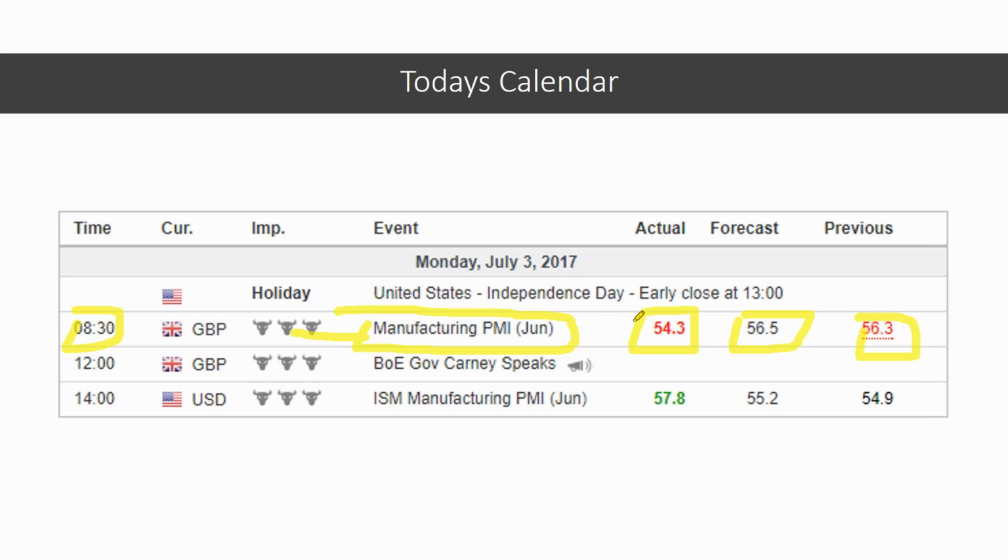All things being even, it's not a big news day. It's a holiday weekend for the U.S. and it's summer for the Europeans. So most things that are going to affect the price of an asset are based on economic events, especially the first week of the month, because that's when most of the major economic events come out. Well, let's take a look at